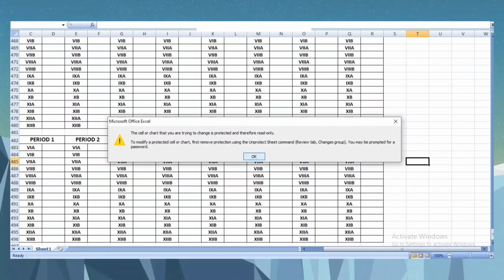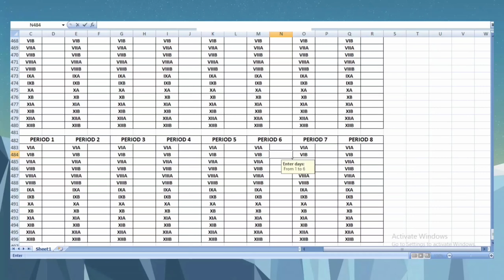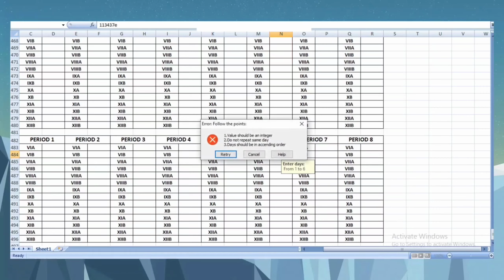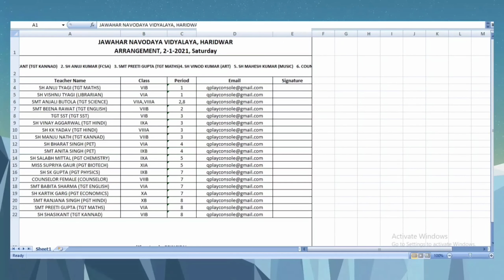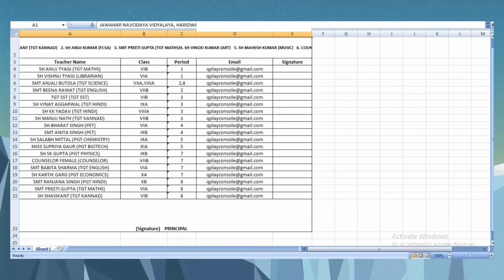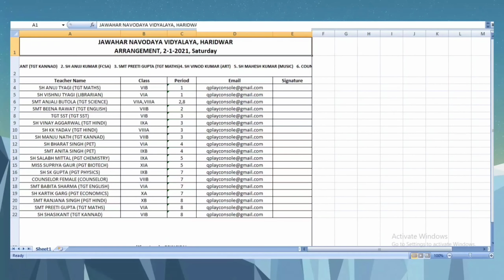Only some of the columns can be edited through this Excel file. Just see how data validation works in these Excel files. This is the file of the generated arrangement used to print the generated arrangement. This file is created on the desktop of the computer when the arrangement is generated.